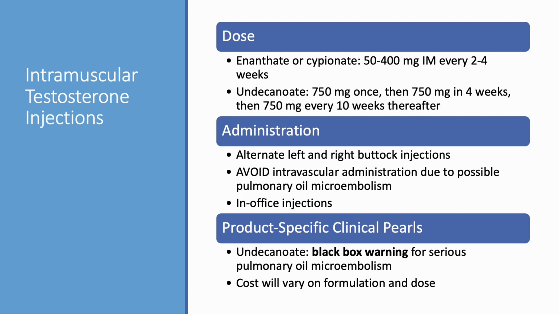These are going to be administered in the buttock muscles, and it's important that they are not given intravascularly due to the risk of pulmonary oil microembolism. So most of these injections are going to be given in office. The undecanoate product does have a black box warning for pulmonary oil microembolism, and then the cost